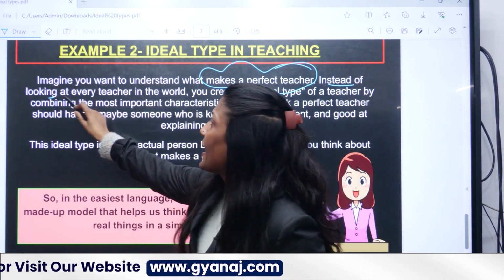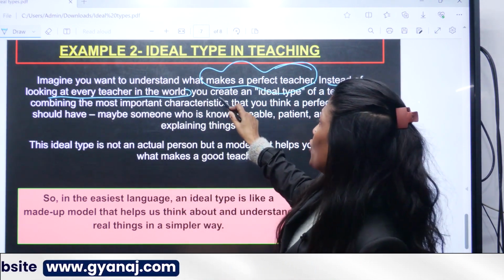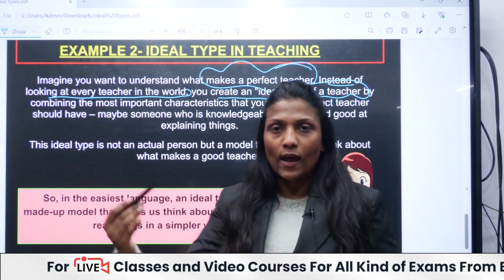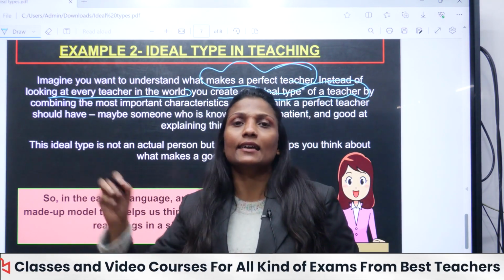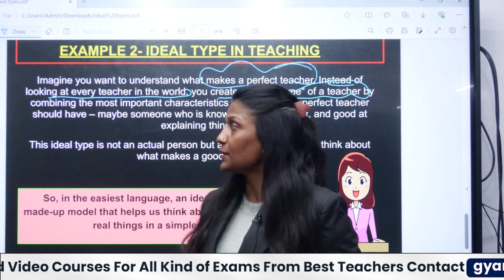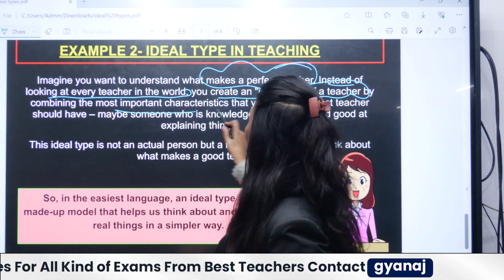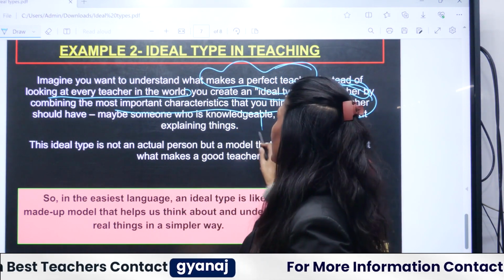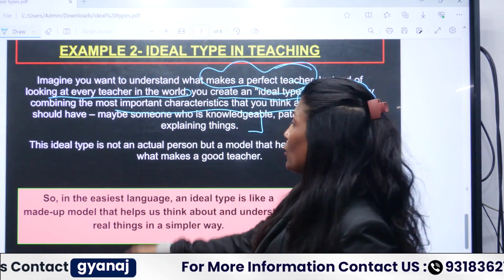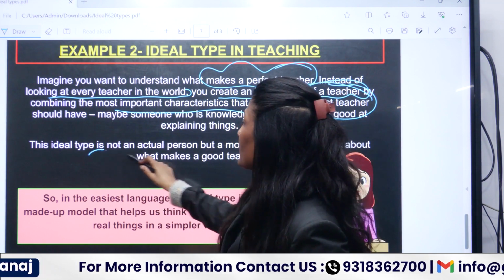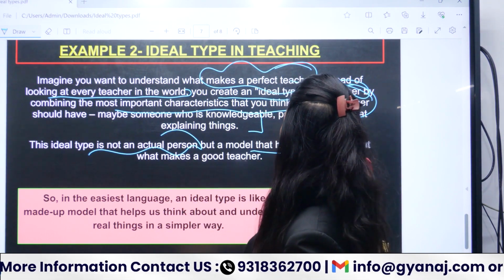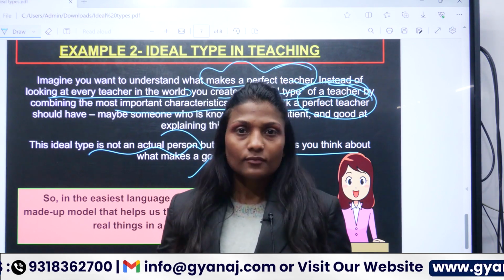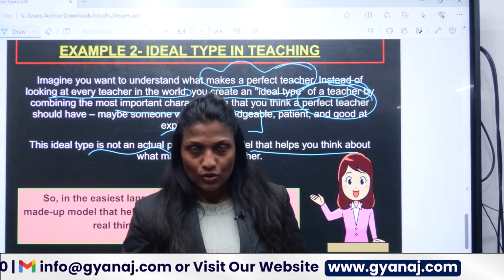Instead of looking at every teacher in the world, you create an ideal type of a teacher, and you write certain characteristics of that ideal teacher. You will say that a perfect teacher will have the following characteristics. Now this ideal type is not an actual person but a model that helps you think about what makes a good teacher, and then you can compare and contrast.